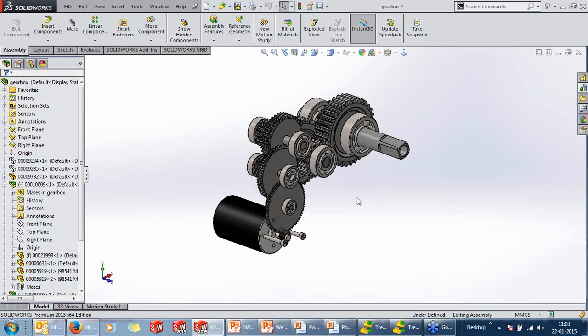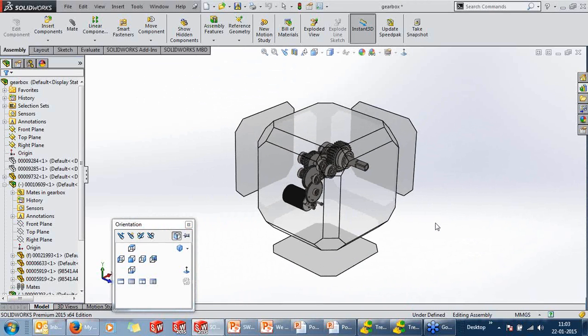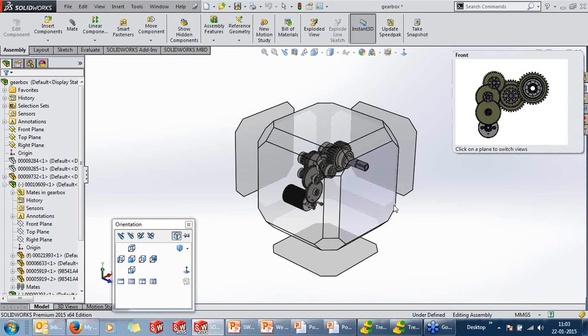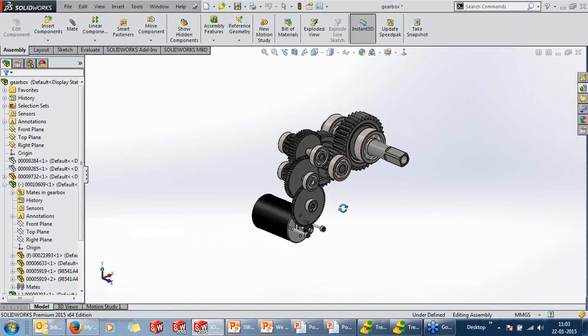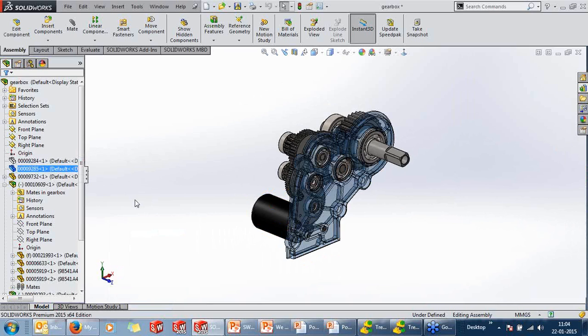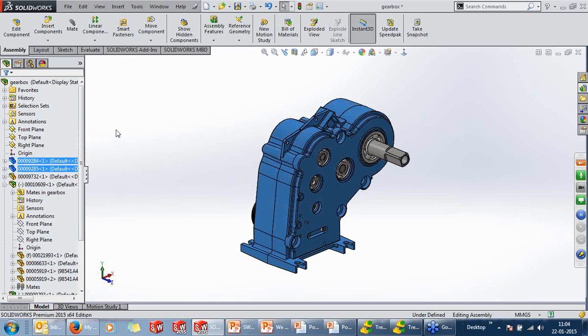Starting off, just by clicking on spacebar, we are all familiar with the new view manipulator. The new thing in 2015 is that we have a preview now. You can just click on the preview and start working. In terms of hidden components, just by clicking over a hidden component, you now get a preview. We'll show these components.